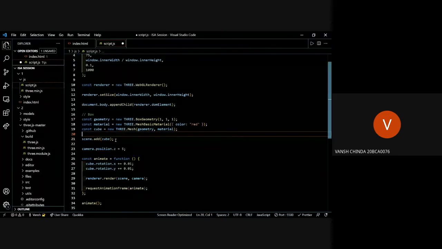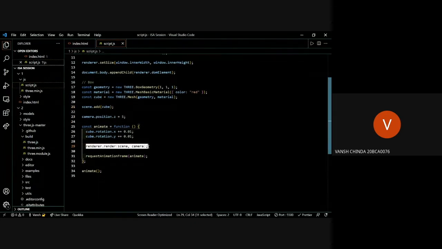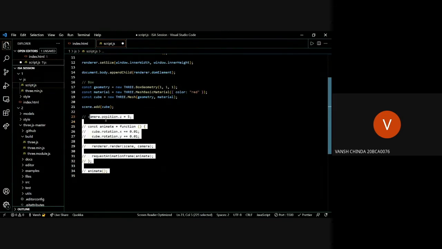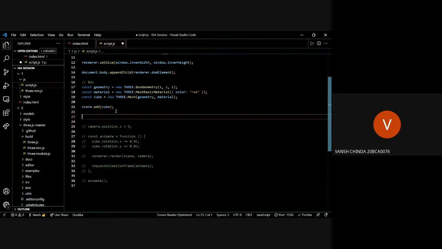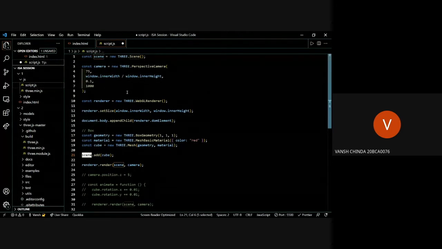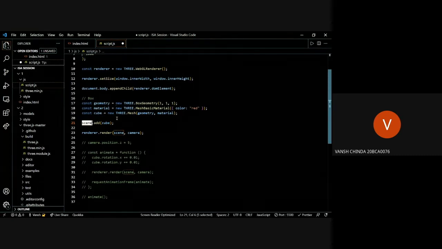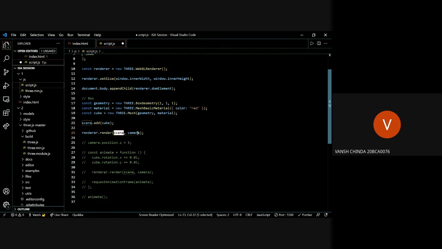You need to add your cube to the scene, and then let's skip the animation part for now. I'll just copy this and skip it. The camera position is not that important either. I added this to the scene. Now the scene has a cube and a camera. I don't think we added light here, and we don't need light here. Light will be used in a later example. So we added a camera and cube to the scene. We'll pass the scene here and the camera here. There should be just a square here.